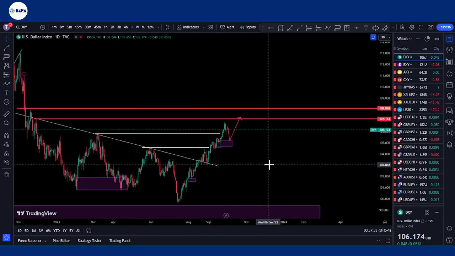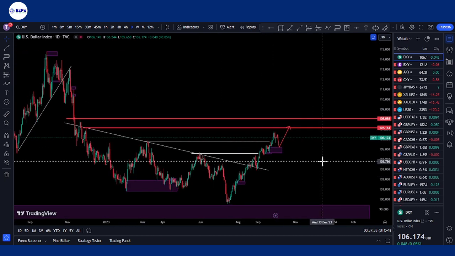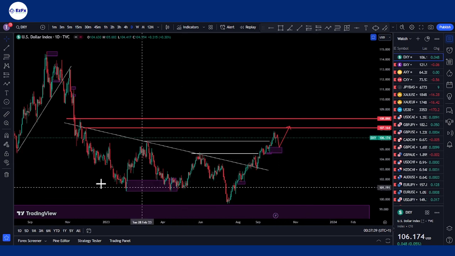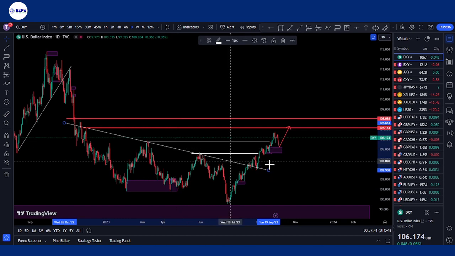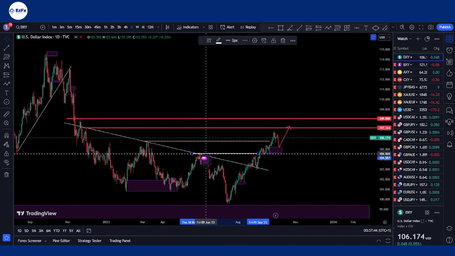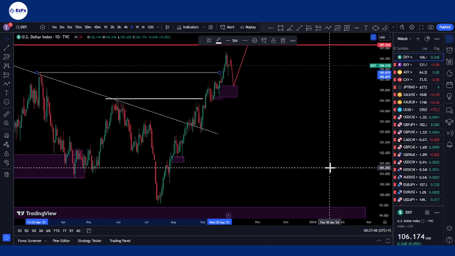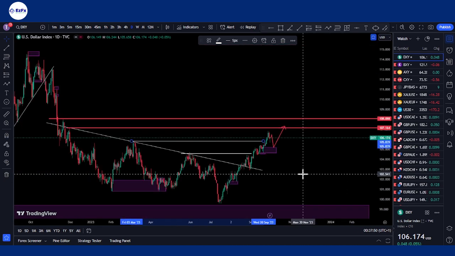As we have been seeing for the last few weeks, we've been having DXY gaining strength. We've had it being bullish for the last few weeks. We've had a break and retest of this trend line around here. We've seen price break this previous high, we've seen price break this second high around here. Now, overall, my bias would still be bullish on DXY.